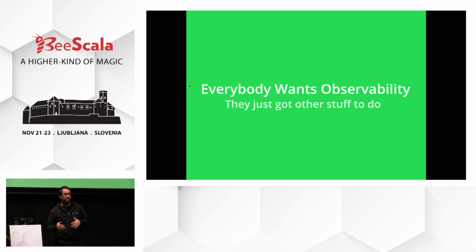They need it, but there is always so much more stuff to do. There is always a feature that needs to be fixed right away. There is always this thing that the sales guy said that they're going to give to this customer so that you can finally close this deal. So you need to do that first. And observability and monitoring always come last, because that is only going to make the developers happy, because then they will have a better time fixing and figuring out these things.